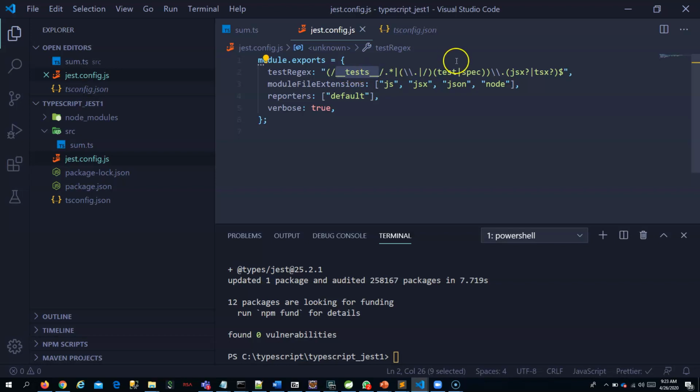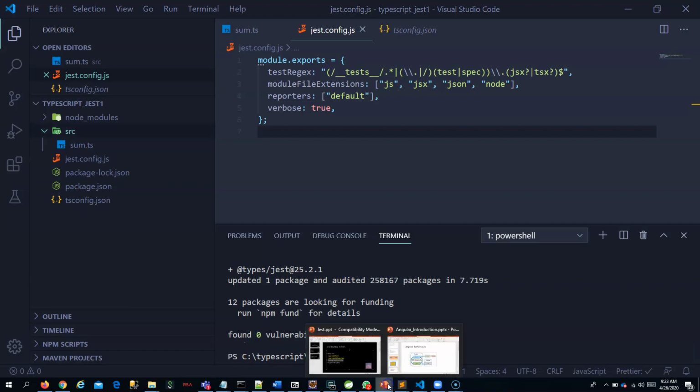Under test and anything, and moduleFileExtensions is what it needs to test: JS, JSX, JSON and Node files, and I am asking to use the default reporter, and I've set verbose true. So this is the next step. I have written the configuration file as well. Now to write the test file.